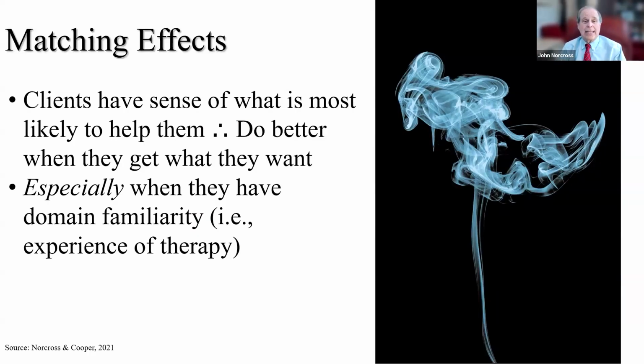Well, the first one is simply matching effects. Many, not all, but most clients have a sense what is most likely to help them. And they simply do better when they get what they want, especially when they possess what's known in the literature as domain familiarity. They have some experience in therapy or at least healthcare. They know, for example, that maybe individual works better than group, or group proves superior, or they work better when someone is not confrontive. So matching probably works, as does